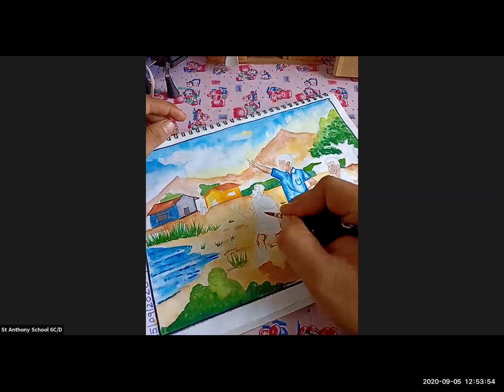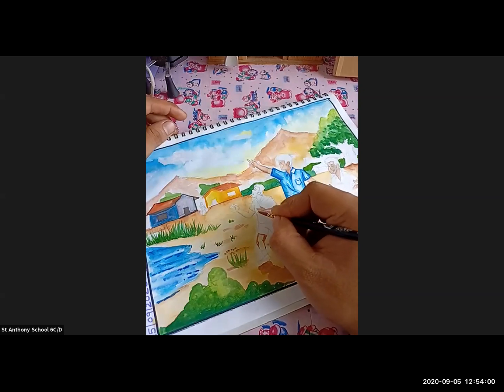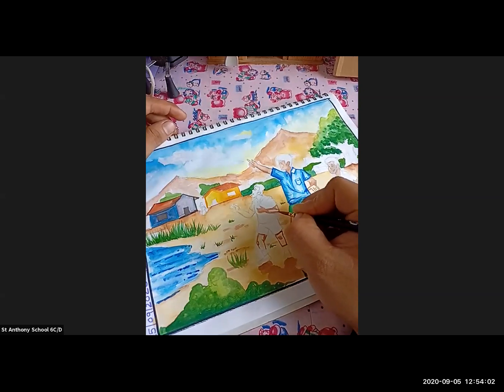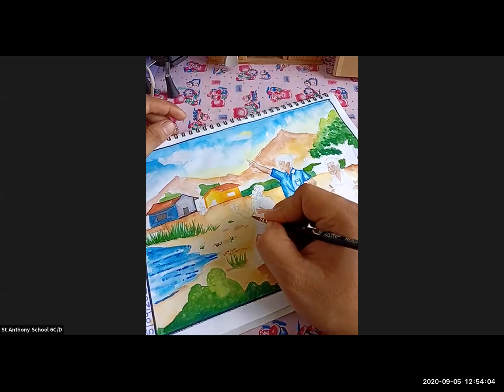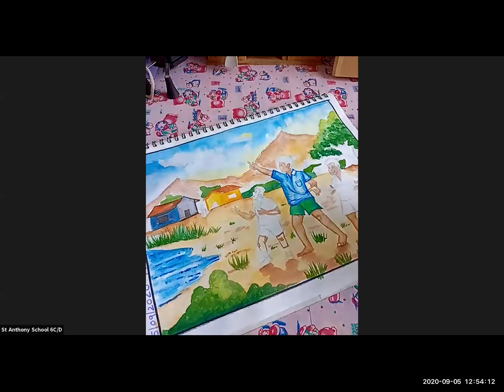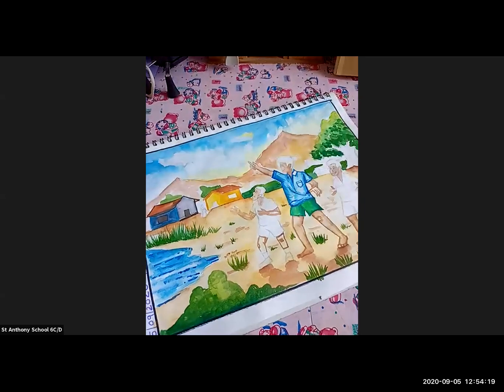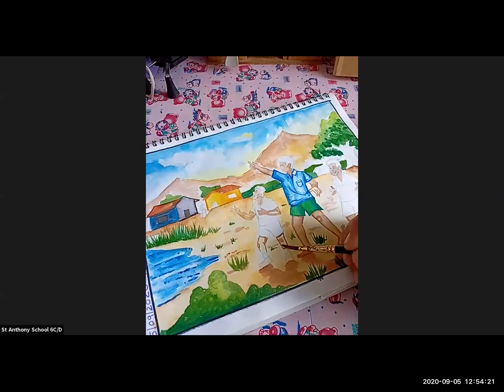Okay, so this is how you're going to color the hands and the legs of the human figure. Okay, so this is how you're going to do it. And then color the boy's face, and then just merge the color.